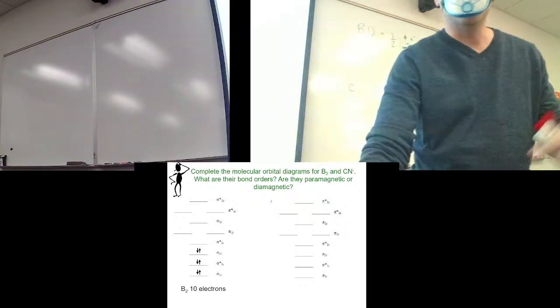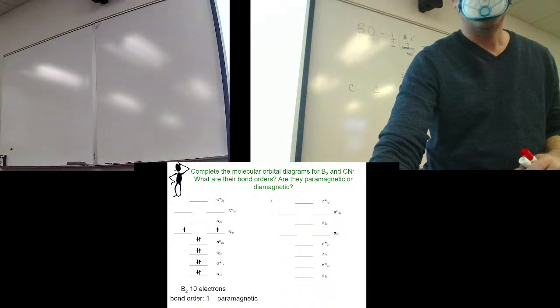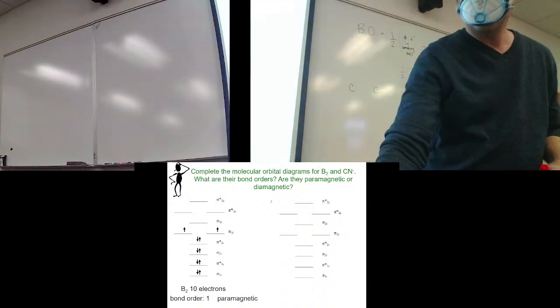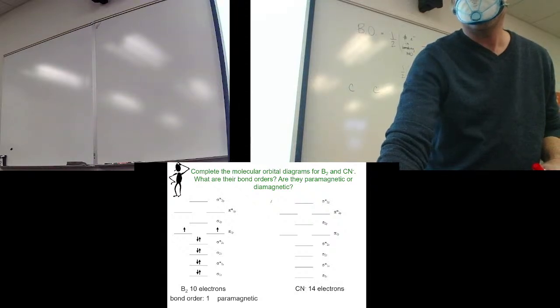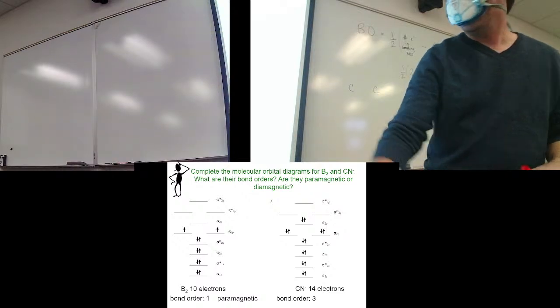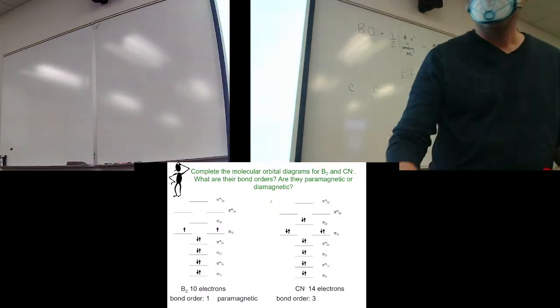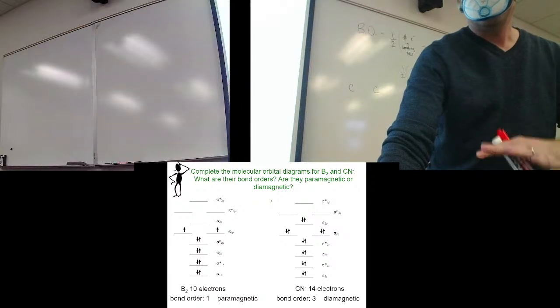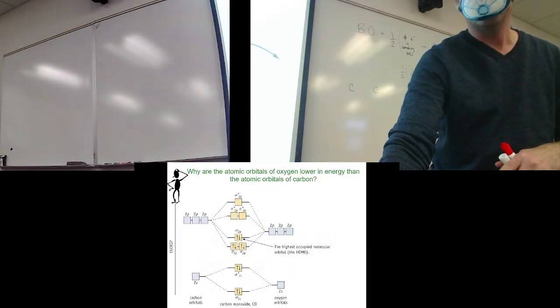So here's B2, which I just showed you, paramagnetic. Here's cyanide ion, and you could do cyanide ion just as easily. 14 electrons, 1 extra electron because of the minus, and it turns out cyanide ion is, I believe, diamagnetic. Yeah, with a bond order of 3. That we could calculate using Lewis structures too. And I don't want to go over the why, but